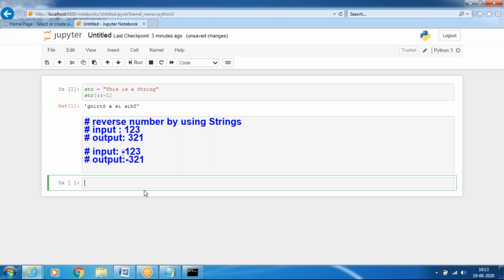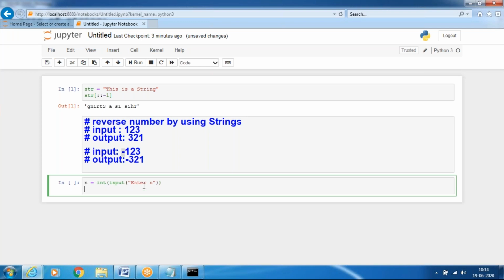So we'll see here. First read the number as an integer value. n equals int of input of enter a number. Then it is converted into string.